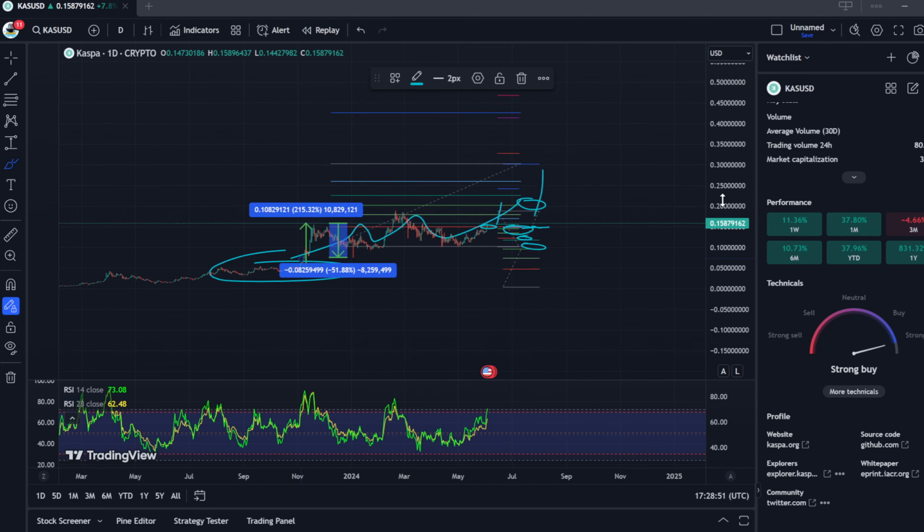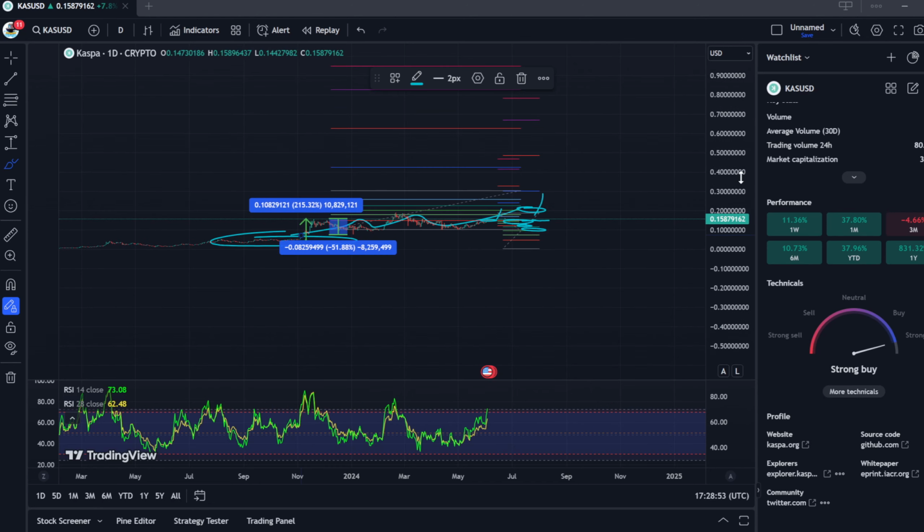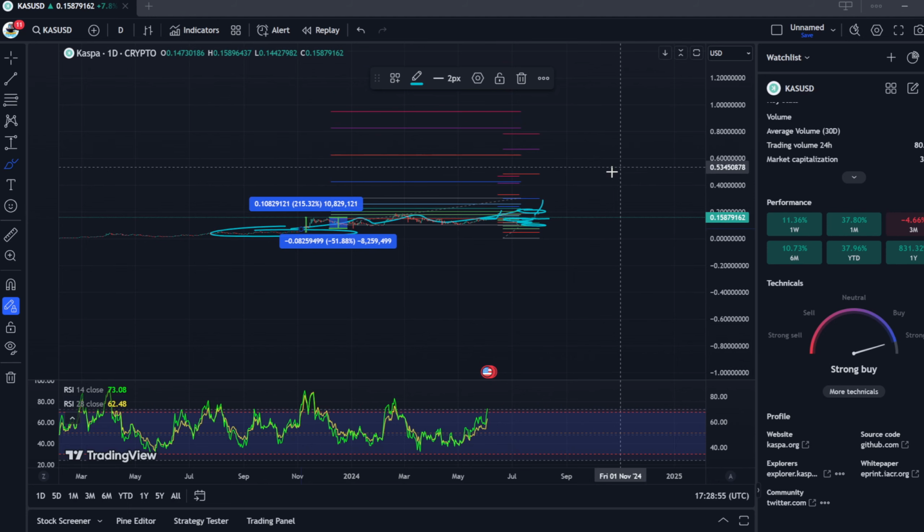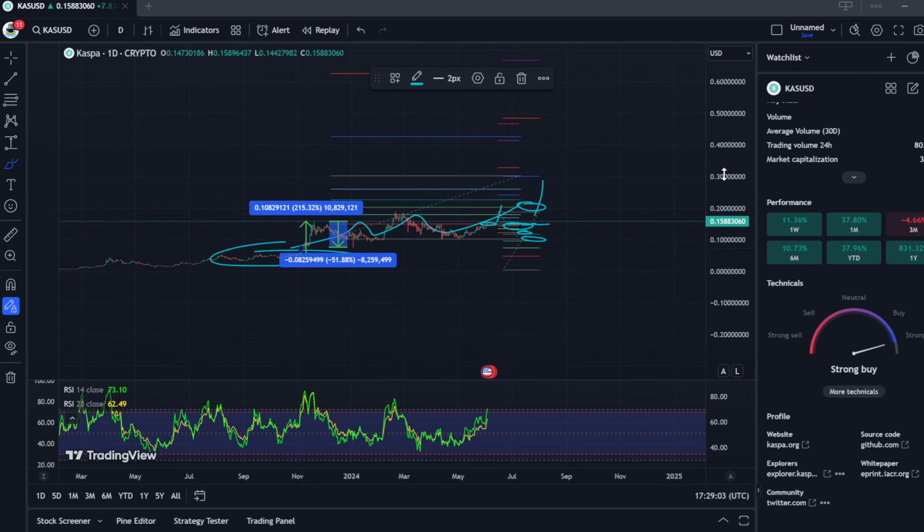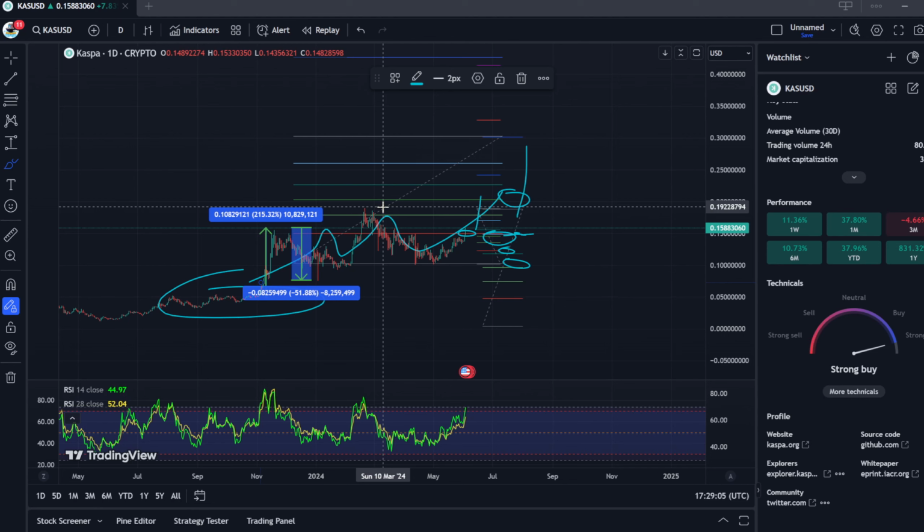But where is Casper going? Again, we'll follow that in a bit more detail in the bigger video. But even just from this initial price point back down here at the half cent mark, all the way to the most recent, if not the highest point that it has been, around that 18.6 or 18.7 cent mark. I'm just going to get rid of this one so it's a bit clearer,